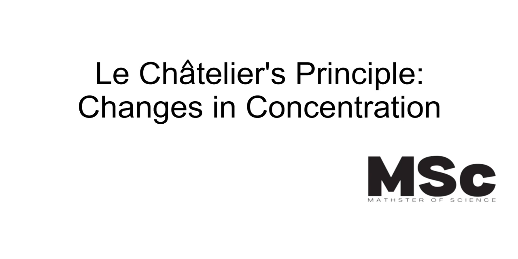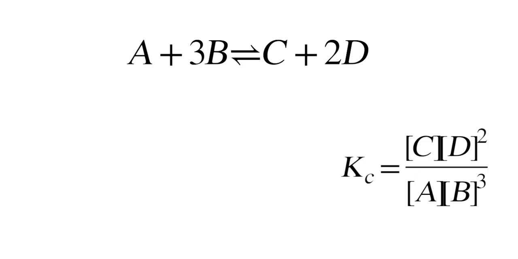In today's video, we're going to be looking at Le Chatelier's principle, specifically how changes in concentration affect the position of the equilibrium. So here we have an equilibrium reaction, and it's completely generic. We have 1 mole of substance A reacting with 3 moles of substance B, and this is in equilibrium with the products of 1 mole of substance C and 2 moles of